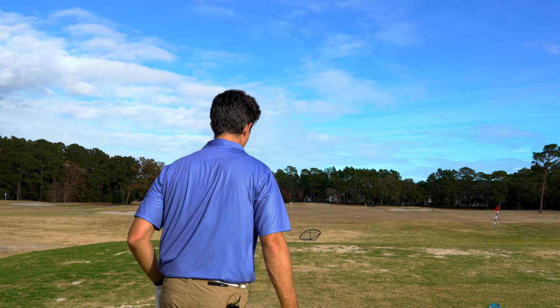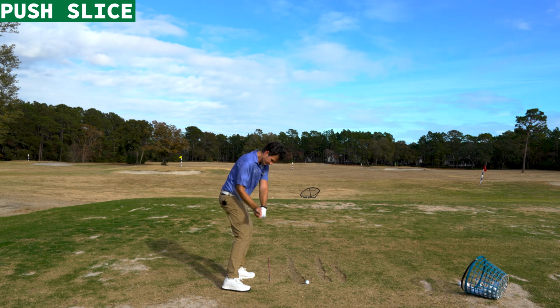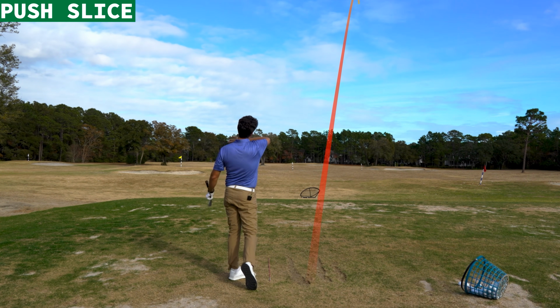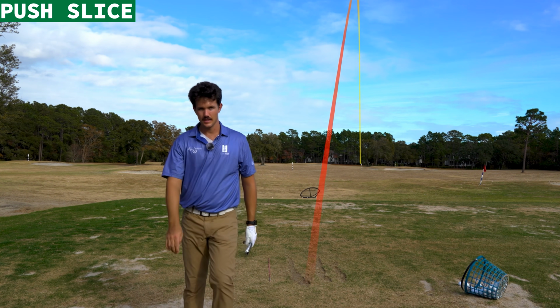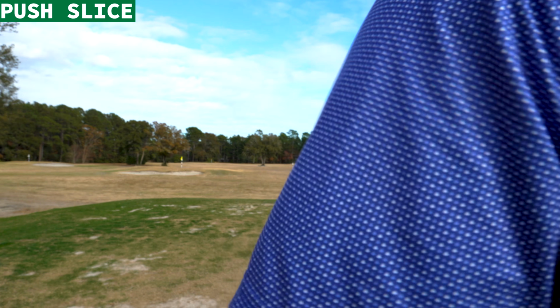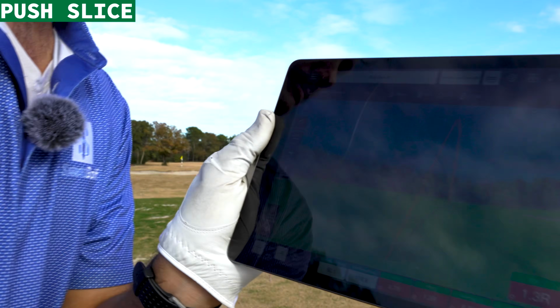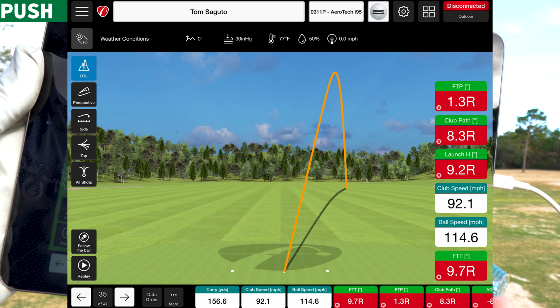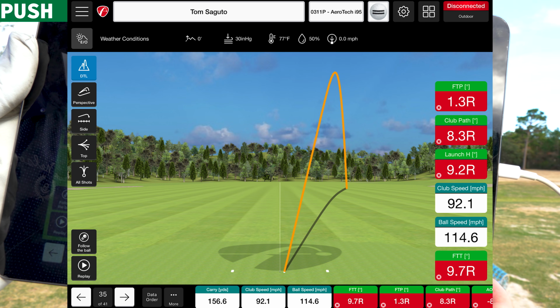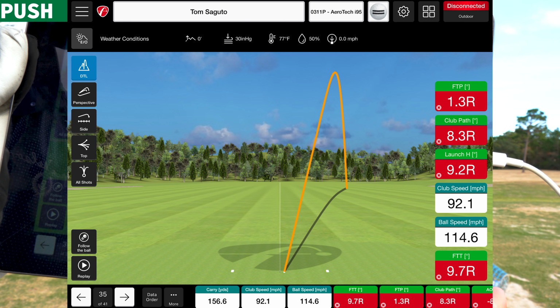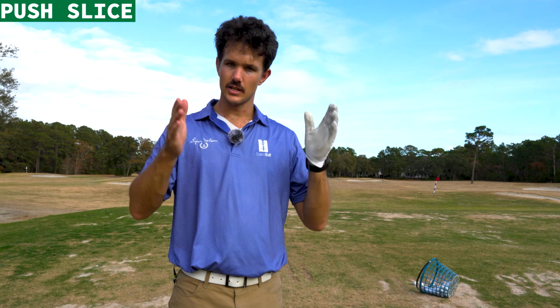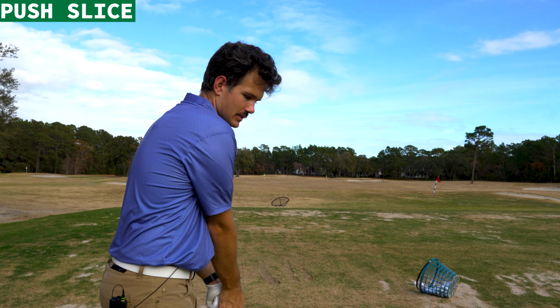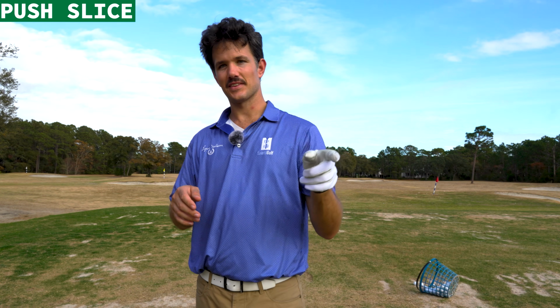A lot of golfers would say, oh, I'm slicing. They'll hit a shot that starts right and then curves more right. And then they'll say, I'm slicing. The ball's going right and just curving right. But what they don't know is it's because their face is open to the path. So they think, I'm swinging over the top, because all they hear about slicing is, if you're slicing, you're swinging across it. But that's not the case here,